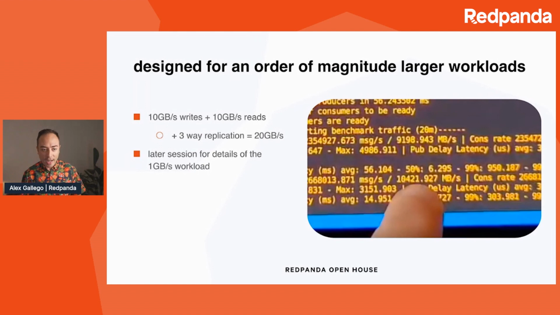And so we wanted to highlight this order of magnitude larger workload. This workload is running on our cloud, and we took a 10 GB per second write with a 10 GB per second read consumer, again, using the open messaging benchmark. And we did a 3-way replication, right? So total, you have a 40 GB per second aggregate throughput in our cloud. And so we just feel super proud. The majority of the workloads, and we wanted to, on the previous slide, I was trying to struggle.